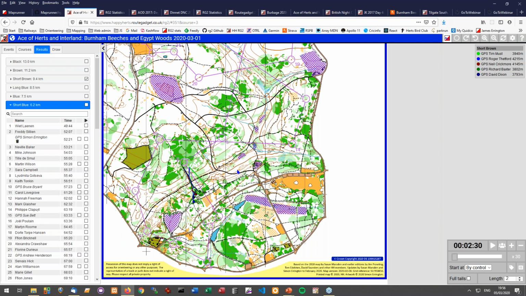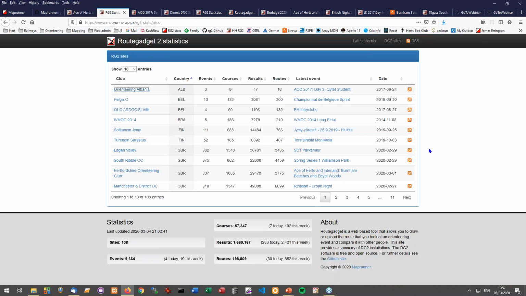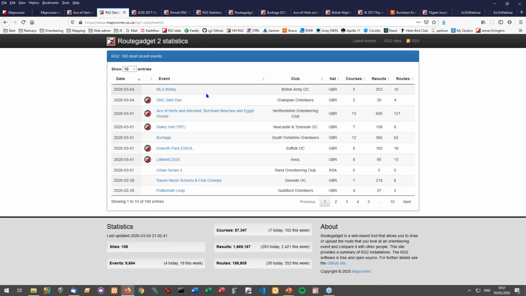Another question, possibly the final one: is the list of the latest 100 events searchable? Probably not in any useful way. You can go to individual clubs. One of the things I keep thinking I could do is pull all this together into a single accessible database, and I never have, and it would be interesting.